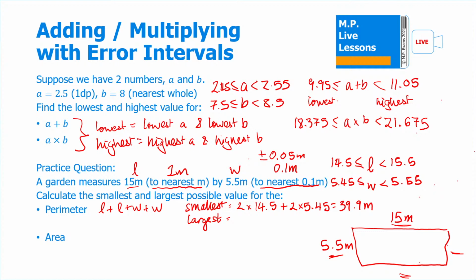And the largest possible perimeter is your largest possible value for L, 15.5, plus your largest possible value for the width, which is 42.1